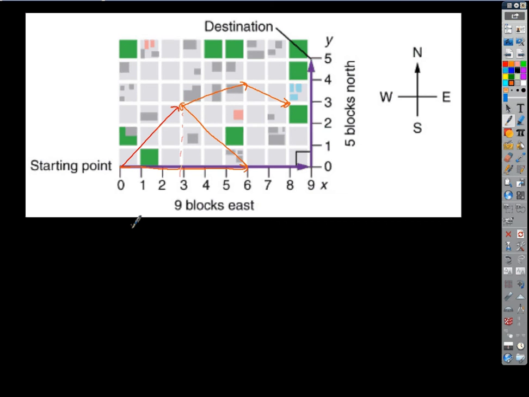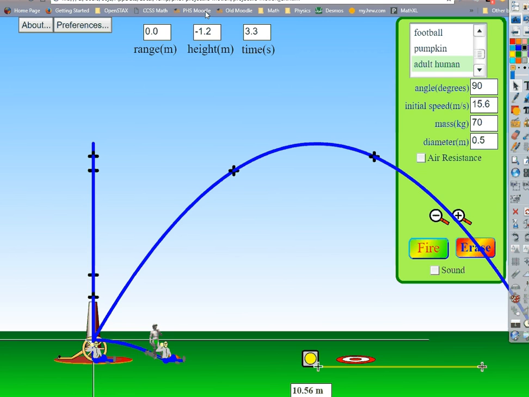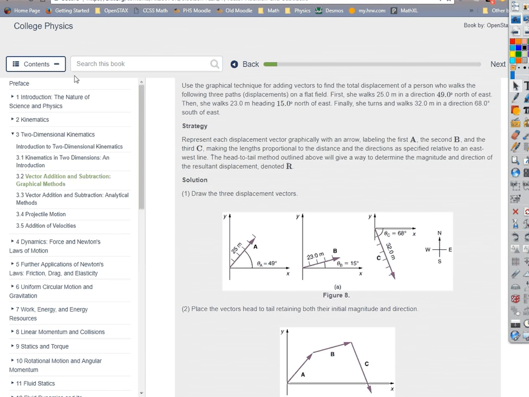If I gave you a whole list of different trips that you took, if I described each one of these vectors individually, you could place them all tip to tail, and then finally in the end, just say, okay, I'm going to start there and I'm going to end there, so I'm going to measure the length of that vector, right? And whatever it is, however many inches it is, it's 1 inch to 1 block, and so we could get a good estimate maybe of how many blocks we traveled, and we could use a protractor and find that angle. So for example, if we were to look at a problem like this one,